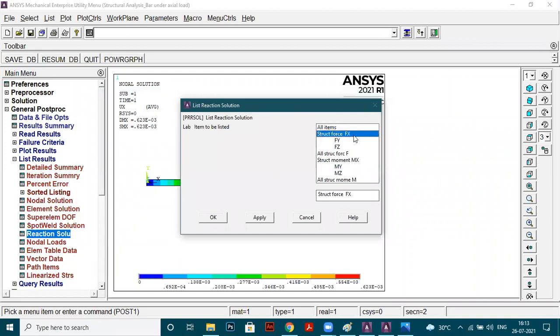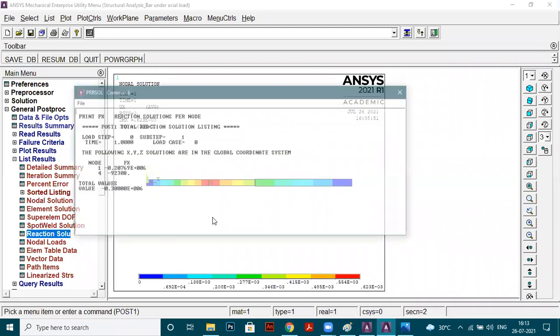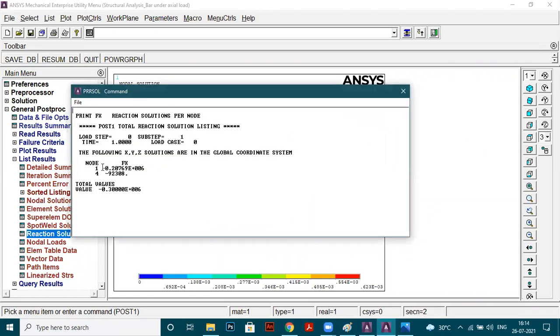I will get a reaction in x direction, that is FX. Just say okay. So you see, these are the values of reaction which I got. See reaction solution: minus 0.20769 into 10 raised to power 6.